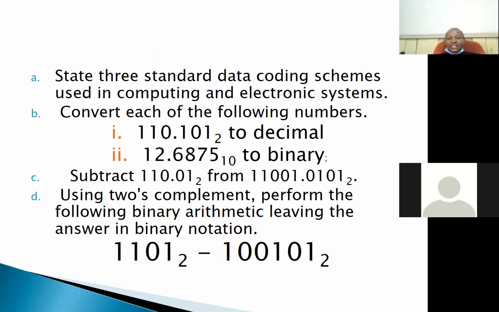Like, for example, state 3 standard coding schemes used in computing and electronic systems. You are able to say there's the ASCII, there's the BCD, and there's the EBCDIC. Those are the standard coding schemes, just stating. So at that point, the candidate, or you, are okay. Then convert each of the following numbers. Then you are converting